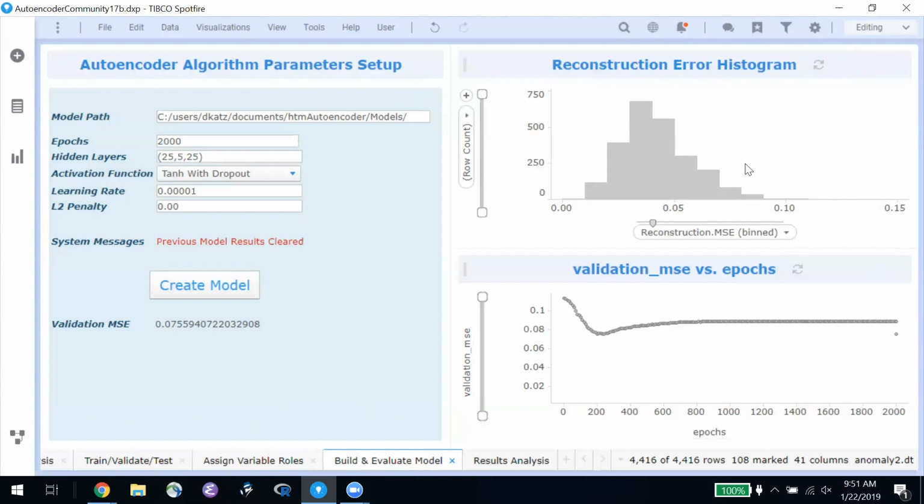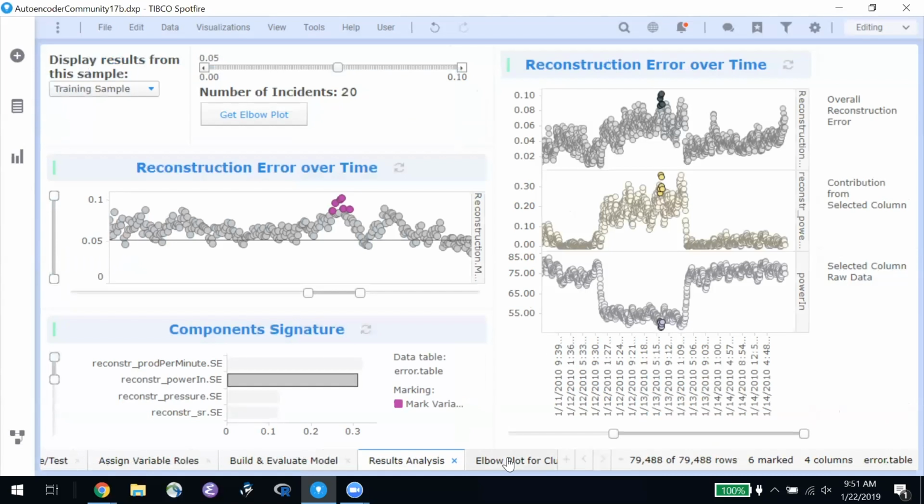Now, we talked about the reconstruction error. So here's a distribution bar chart of the reconstruction error, and we see that mostly you have a small reconstruction error, but at a certain point there are a number of cases which are potentially anomalies because we can't reconstruct them very well. So now we look at this in a time series